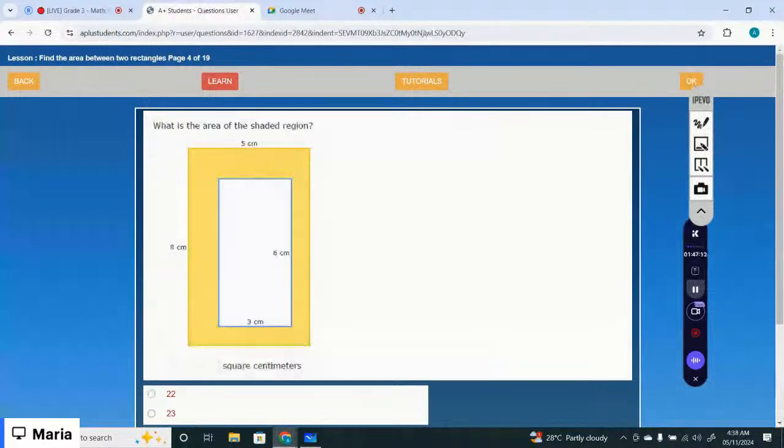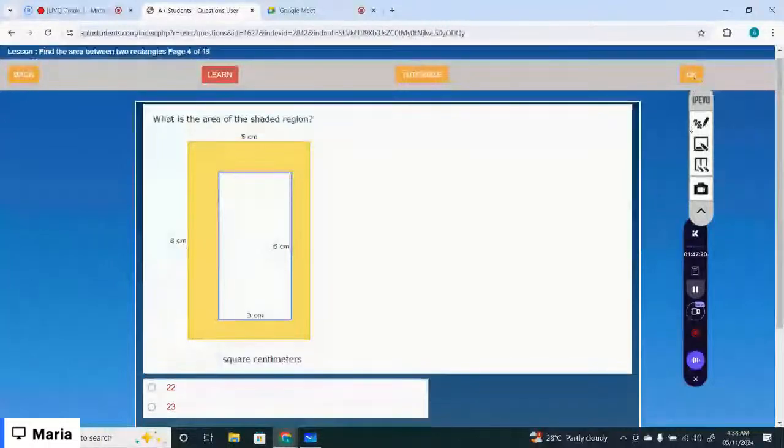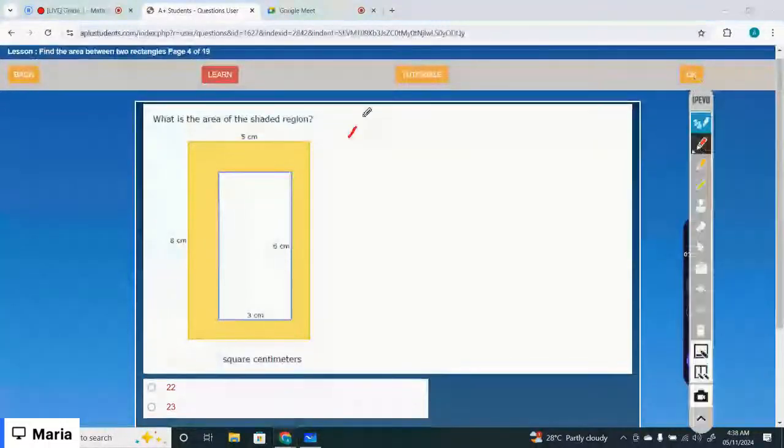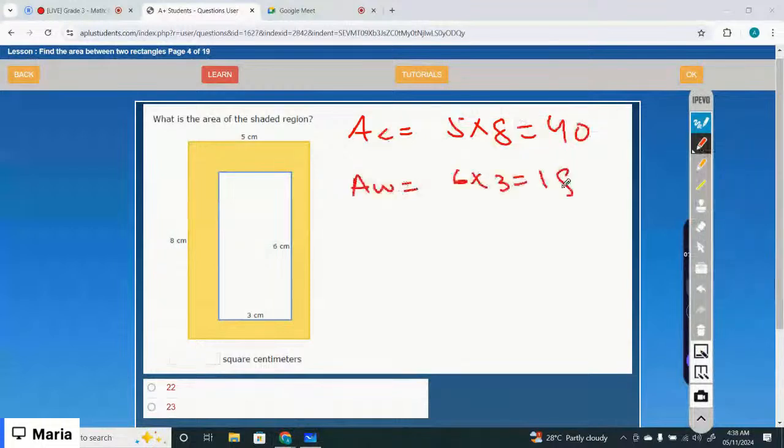What is the area of the shaded region? So let's just calculate the area of the shaded one. So you have to calculate the area of the colored portion first. That would be 5 times 8, that is 40 centimeter square. Then you have to calculate the area of the white portion. That would be 6 times 3, 18. So then area of the shaded region is 40 minus 18. So 40 minus 18 is,